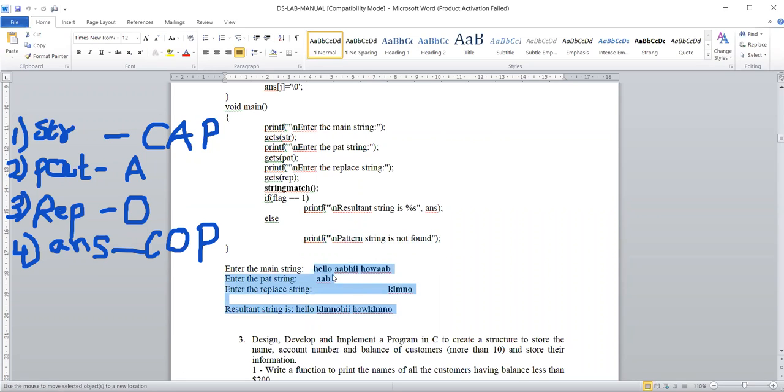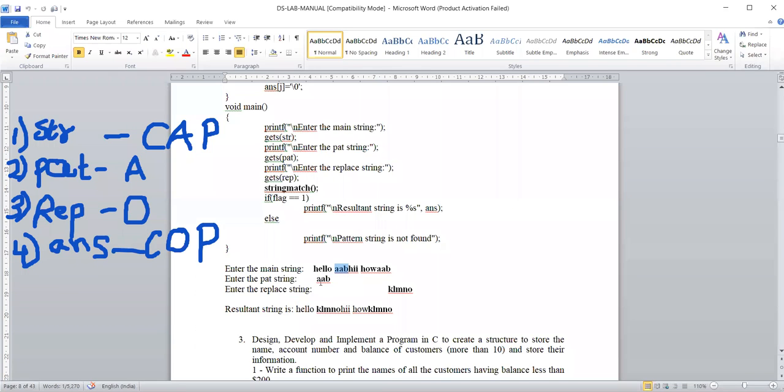You can see the example given here also. You can observe this is the main string, hello AAB hi how AAB, and the pattern they are telling is AAB. So in this main string, wherever I get this pattern AAB, that should be replaced by KLMNO, some random string they have given here.